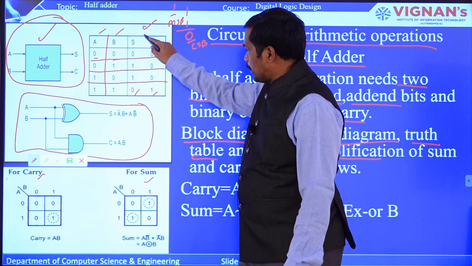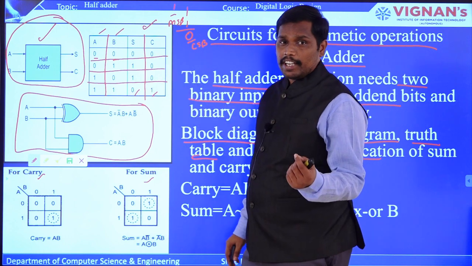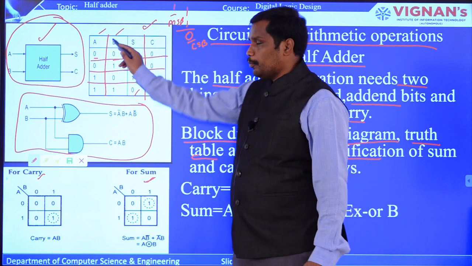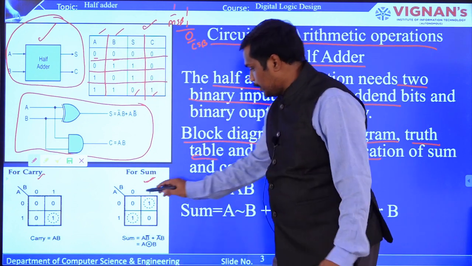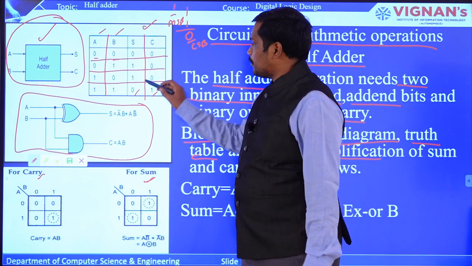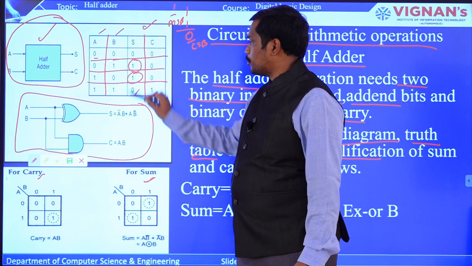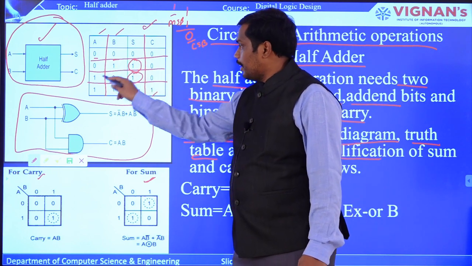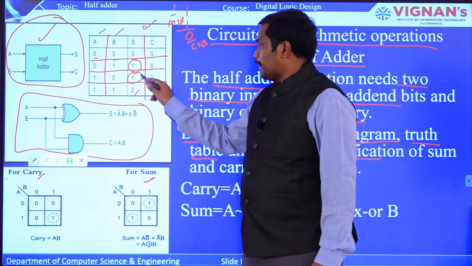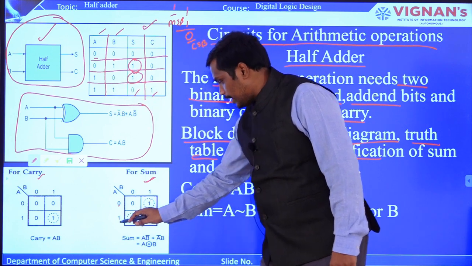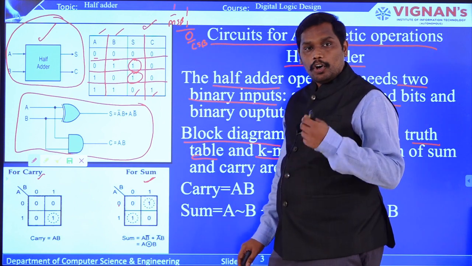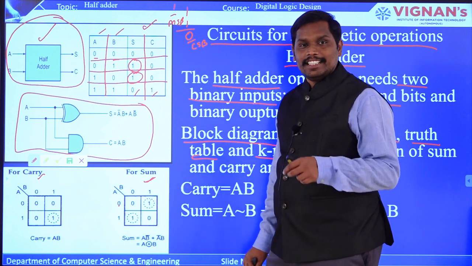For this sum and carry, you are going to have a Karnaugh map. The Karnaugh map here for sum has two input variables, so we have written a 2 variable Karnaugh map. A 2 variable map means 4 cells. Wherever there is a 1, something like here there is 1 and here there is 1, so 2 ones are there, and the corresponding locations are 0, 1 and 1, 0. So 0, 1 means A0 and B1, so this is 1, and then 1, 0 means A1 and B0, this is 1. So I have placed all the ones in the corresponding cells of the Karnaugh map.